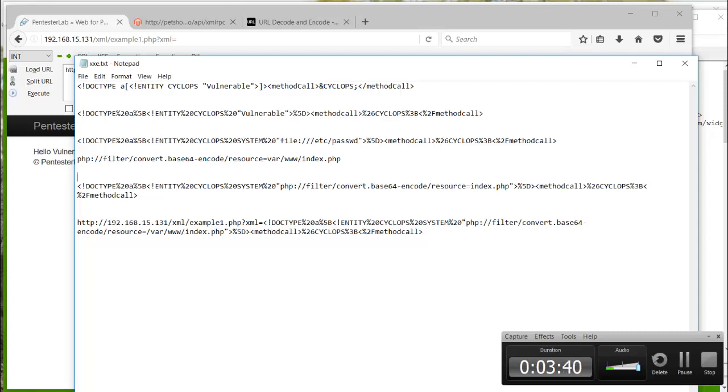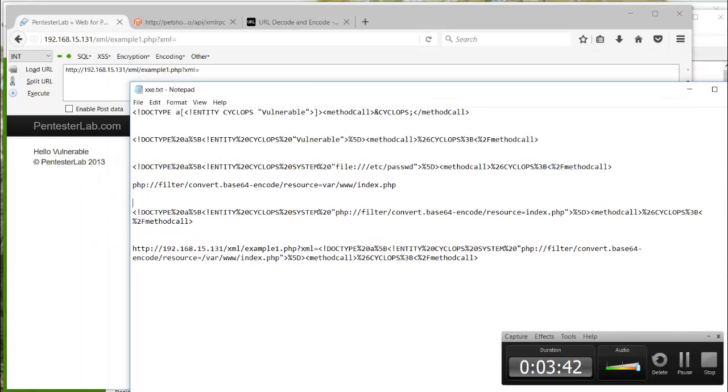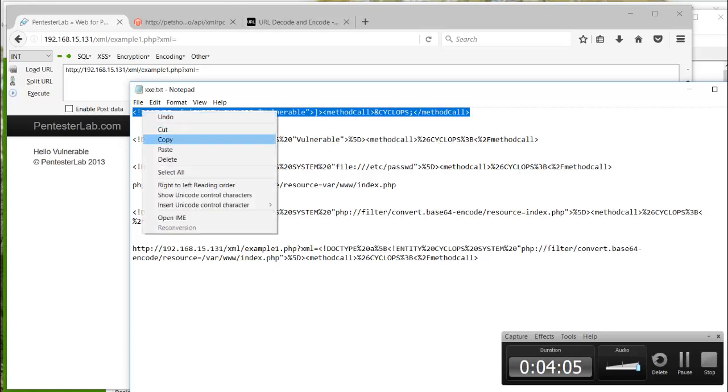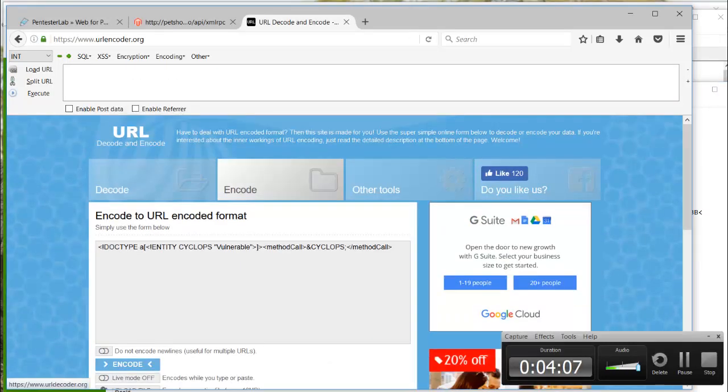Now, how to create the payload? We have to create one XML entity. An XML entity is like DOCTYPE, a ENTITY, name of the entity, value of that entity, and then just call that entity like a method call, the name of that entity, and just close it. Now copy this and do a URL encoding. Just encode it,